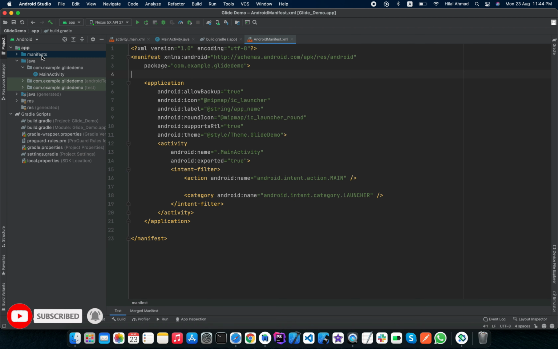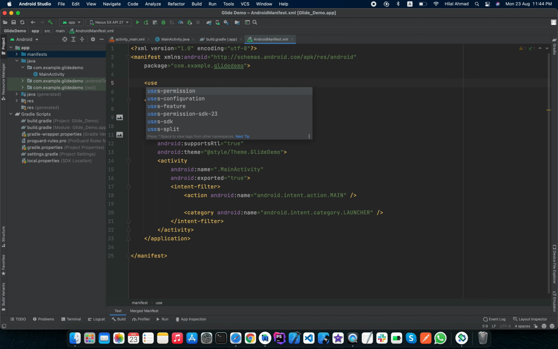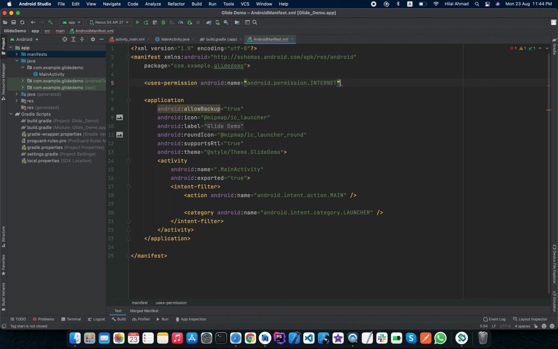And second, you have to add the internet permission in your manifest, because we are loading an image from the network, so we need an internet connection in our application. To add the internet permission, go to your Android manifest and add the internet permission here like this. Okay,